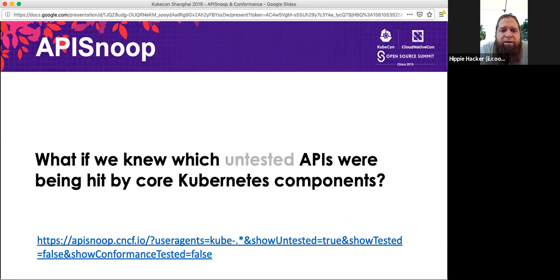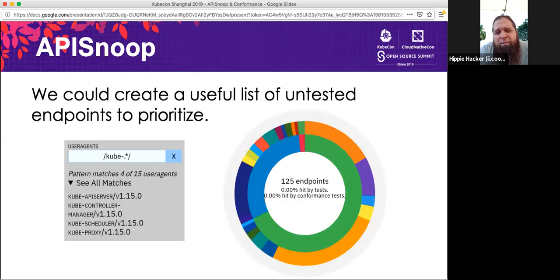The last one was, what if we knew which untested APIs were not being hit by just anything, but being hit by kube star, so anything in the Kubernetes core that's hitting the API server itself. And I believe that's, how many is that? Let's see,